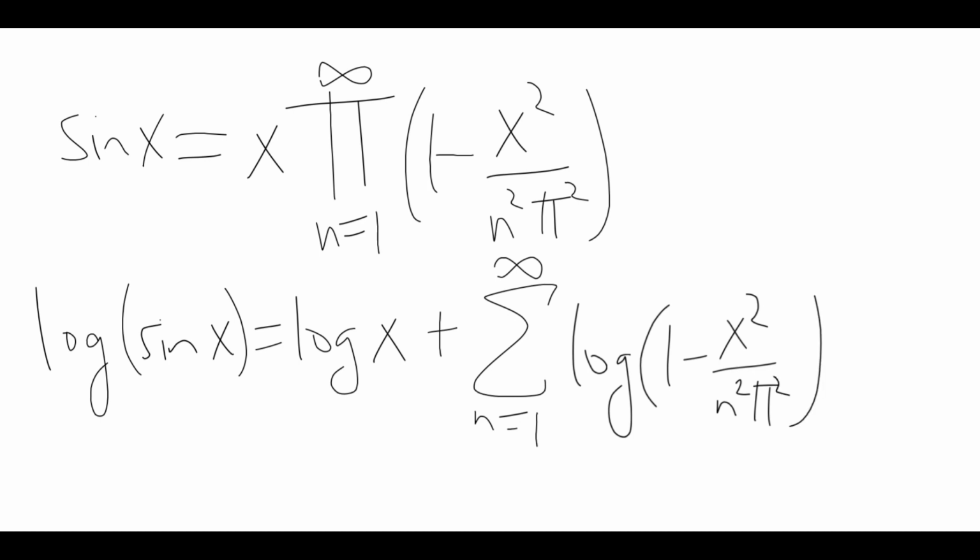Okay, now differentiate both sides. And again, this is assuming we can actually do this, but don't worry too much about that. The derivative of log sine is cotangent, and then on the other side we get 1 over x plus the sum